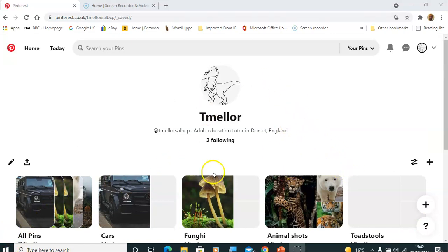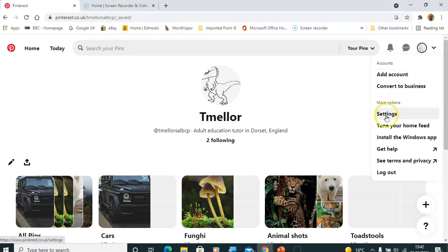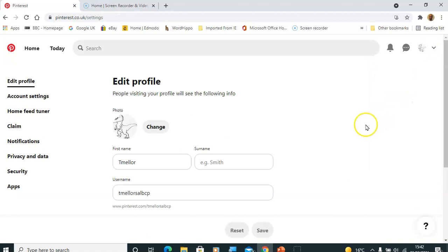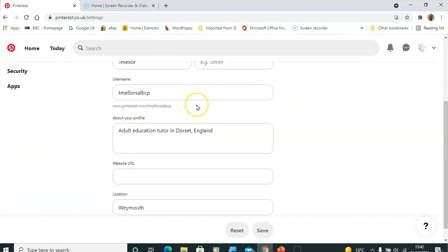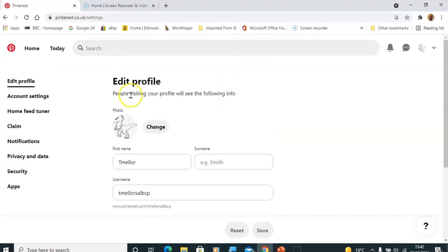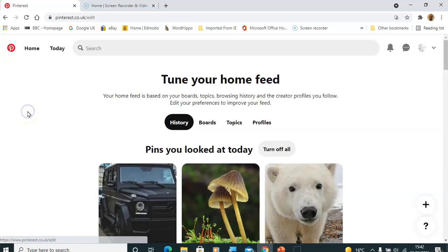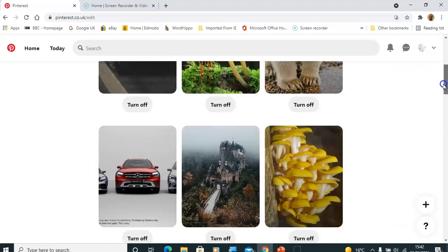Now let's look at how we can alter our settings. To do that, we click on the drop down arrow and we go on settings, and we've got the profile details here that you can alter to suit yourself. Then a bit further down we've got the home feed tuner. So I'm going to click on that,